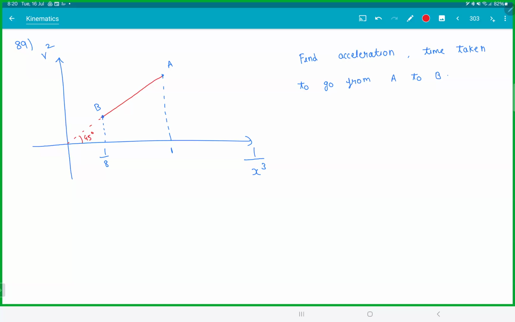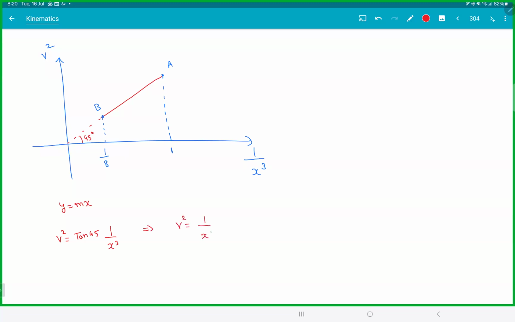Okay, let's see. Anyone else got the acceleration part? Try. Give it a minute. I'll help you with the equation. If you see, this is looking like y is equal to mx. In place of y you have v square, in place of m you have tan 45, in place of x you have